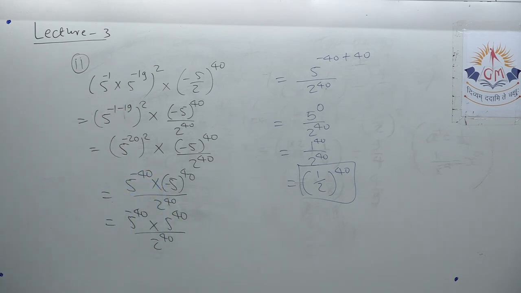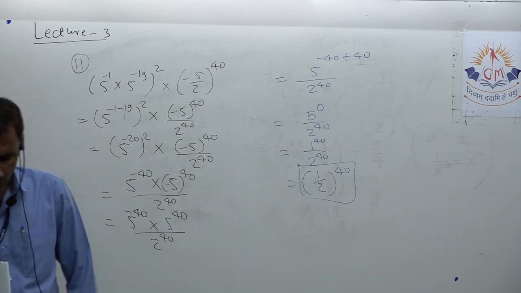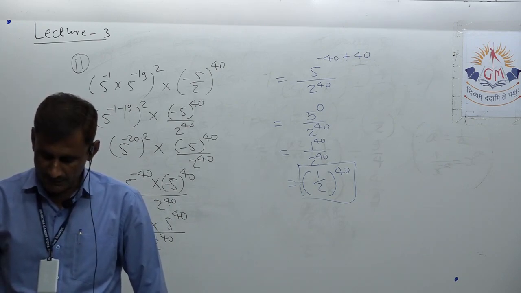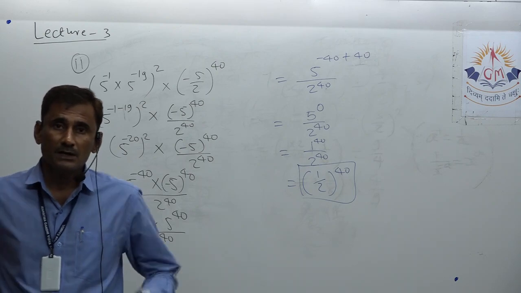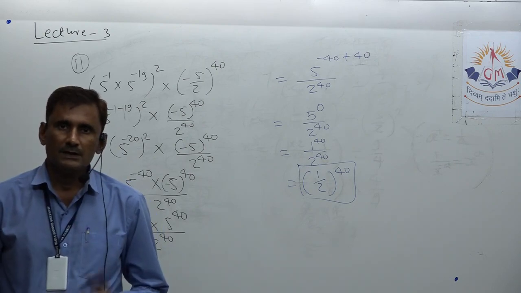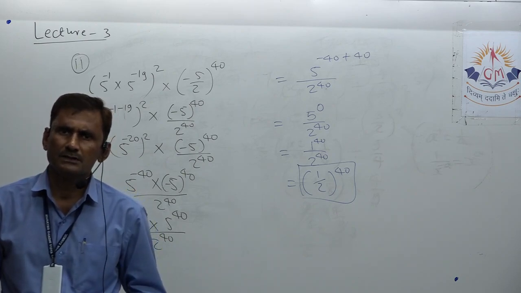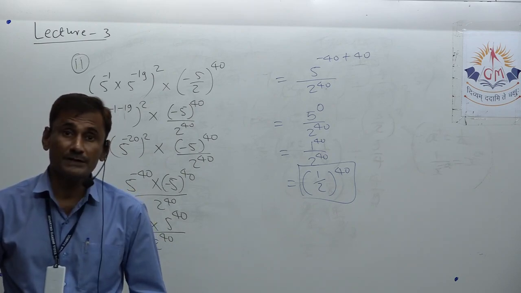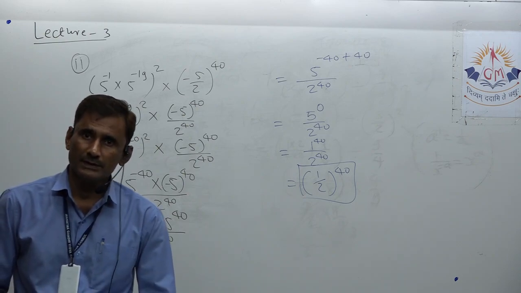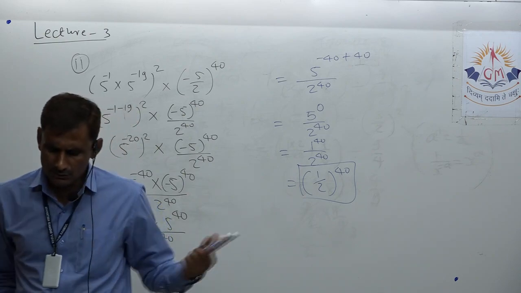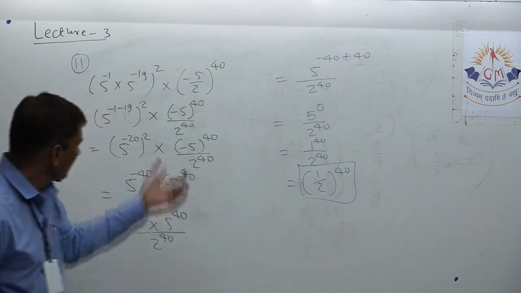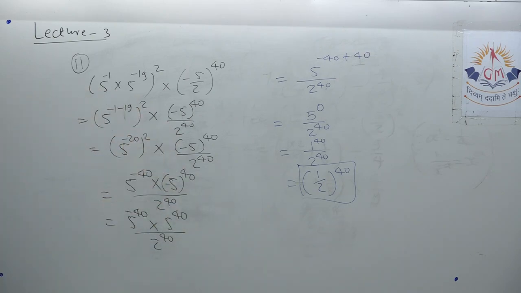The third one is very simple. Only orally you can do it. Minus 3 by 2 raised to 20 whole raised to 20. So by the product law, 20 multiply 20, raised to 40. Okay. So minus 3 by 2 raised to 40, that is our answer. Okay. So I don't think I have to solve it here on the board. Okay. Now write down this.